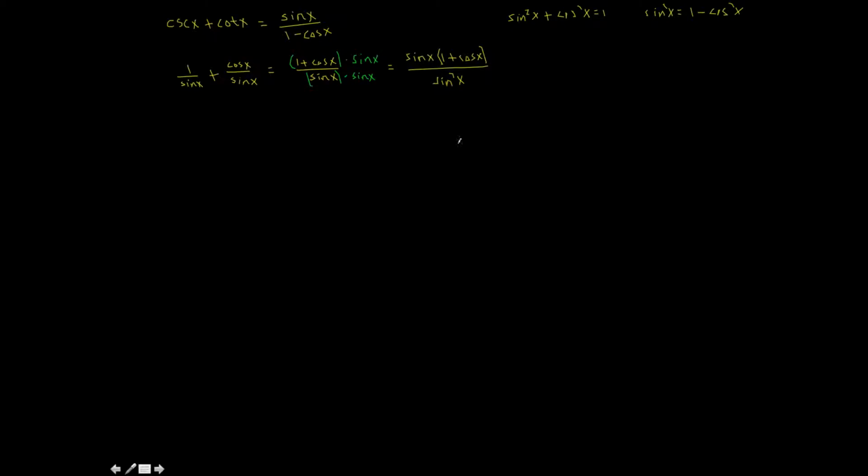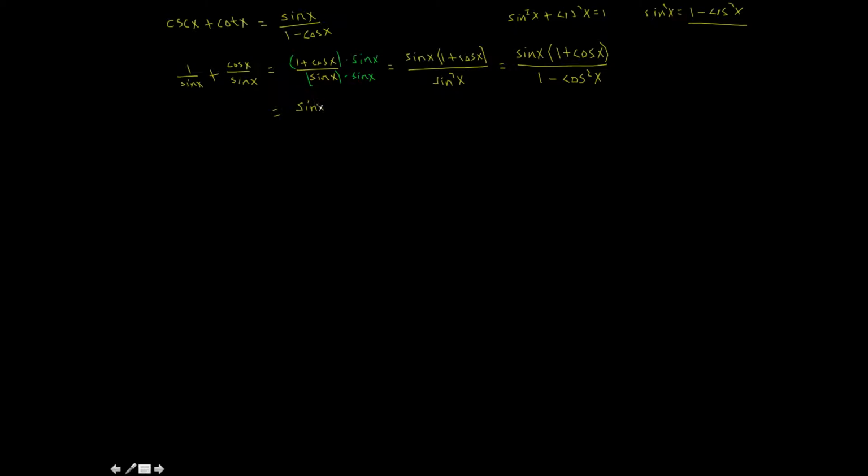Okay? So this is sine x times 1 plus cosine x all over... Now I'm going to make my substitution here: 1 minus cosine squared x. Alright, so